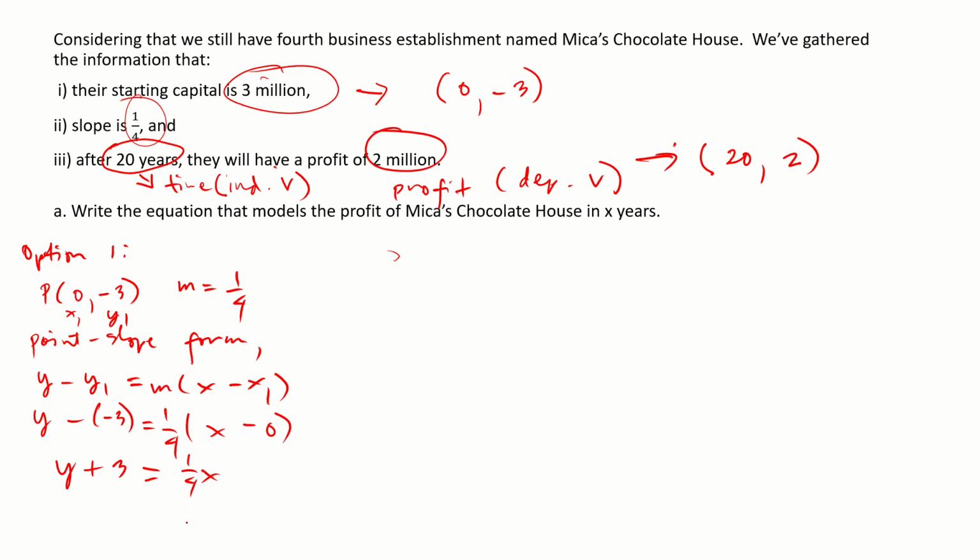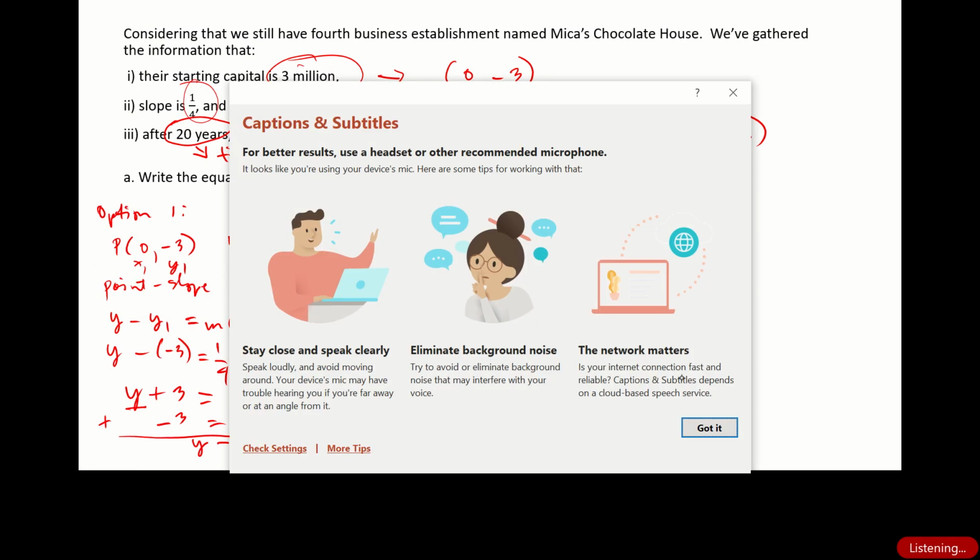And then we're not asked to write it in slope-intercept form or standard form or general form. So it's your choice. How will you write your final answer? So here, if we decided to write it in slope-intercept form, that means the y should be isolated. That would happen by just simply adding -3 in both sides. And that will become y is equal to,